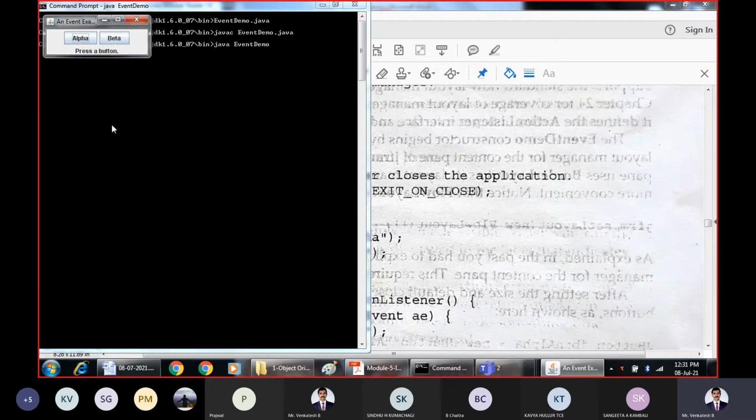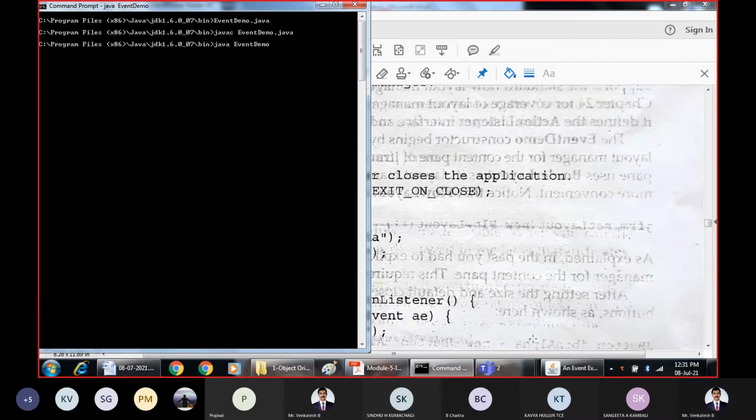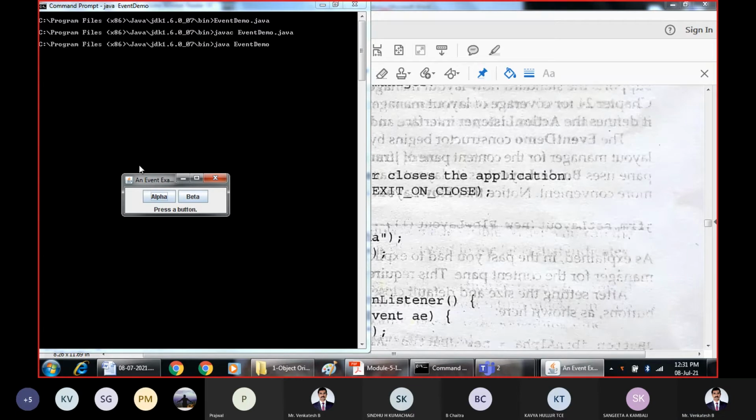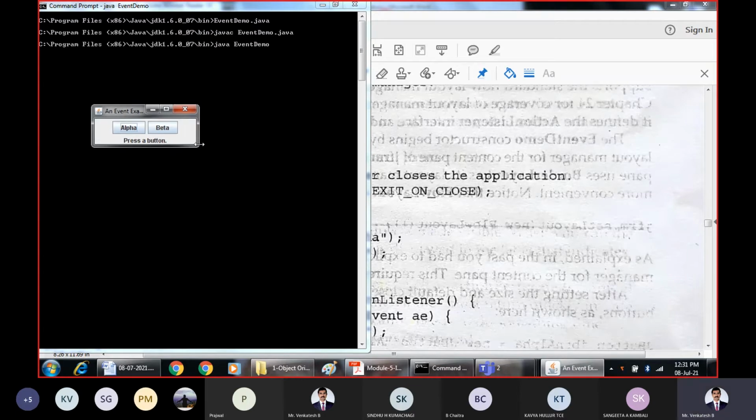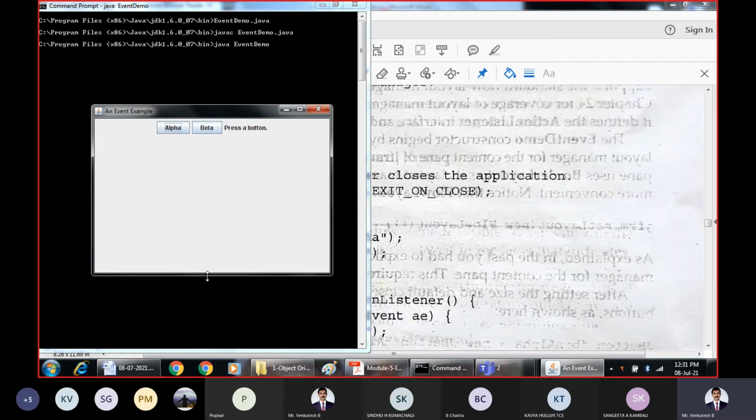As you can see, one small graphical user interface is created. You can resize it, you can maximize it. I have just maximized it. What was the string that we gave? Status window bar and an event example.